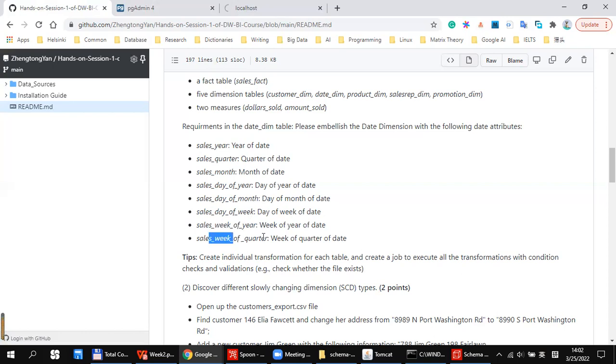And for the sales week of quarter, you need to add those attributes, because this shows the flexibility of dimensional analysis. You can add as many attributes in the dimension table as you like to conduct the analysis. With each attribute, you have a different view of your data, right? And the tip is to create